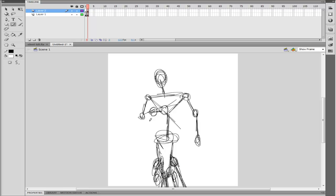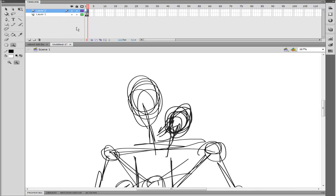And I want to have a hand, his jacket's going to kind of be like that. So I want a hand here as well pulling out the jacket, and a hand here pulling out the collar. Now what I'm going to start to do is make this whole thing,